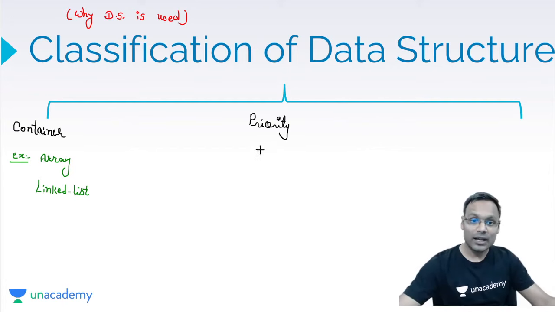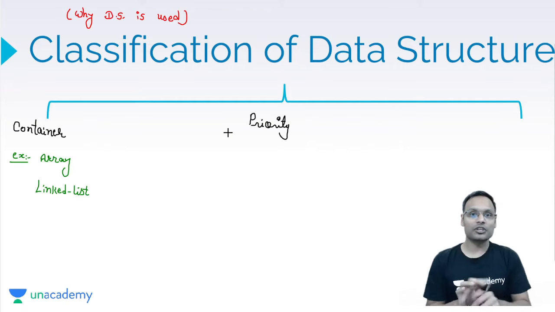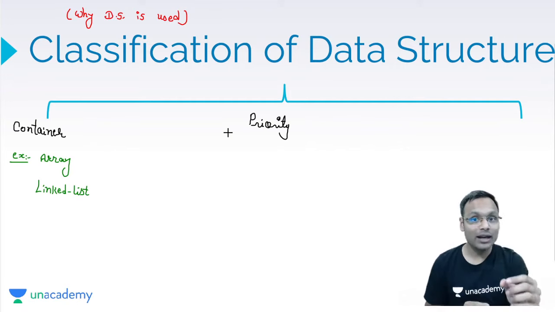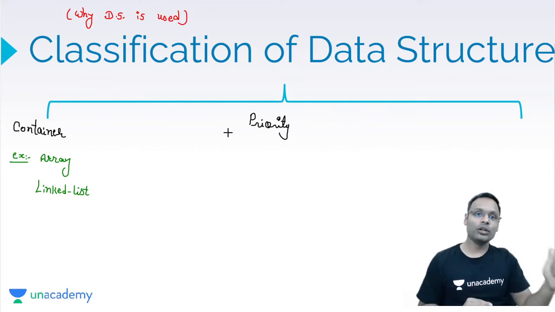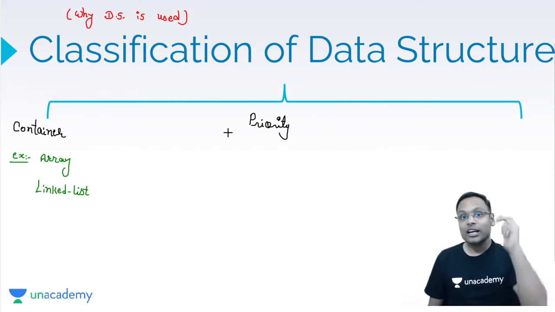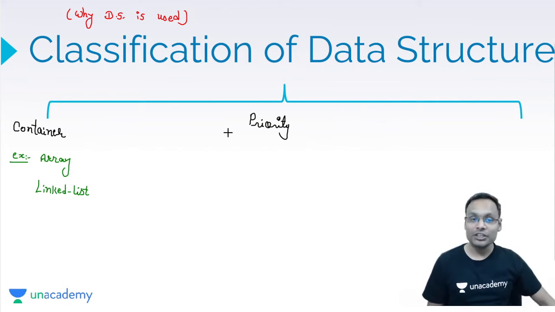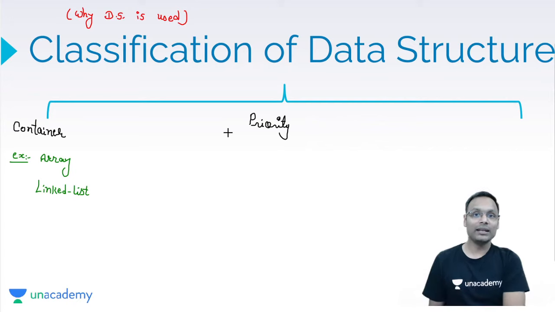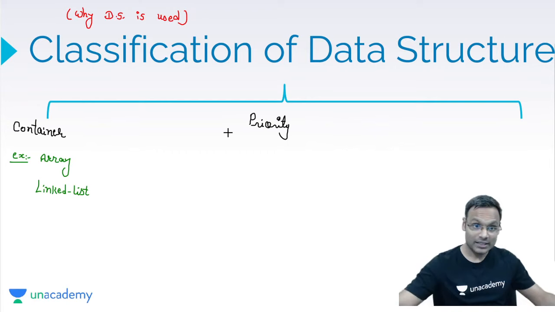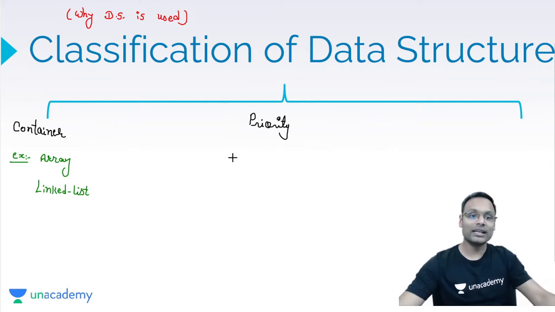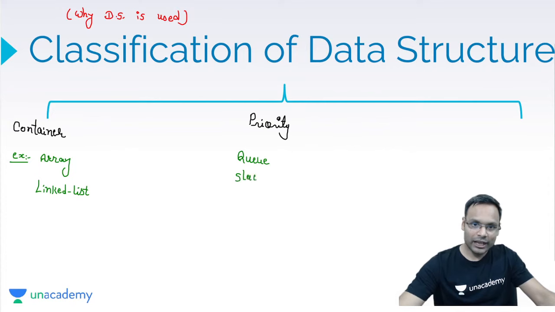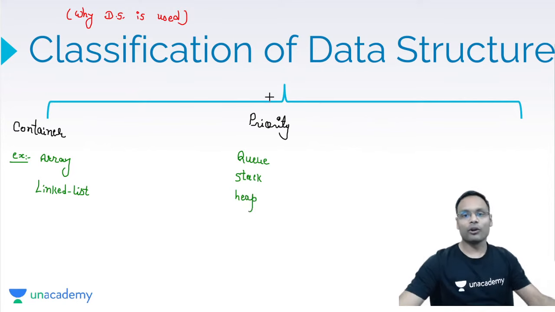That is the priority queue class. So we have a restriction over deletion, and that restriction is that the first inserted element is to be deleted first. Second, for the stack also we have a priority of deletion: the last inserted element only can be deleted. For the heap also we have such a deletion specification. So these are examples of the priority class: the queue data structure, the stack data structure, the heap data structure. All these have a very specific priority class.